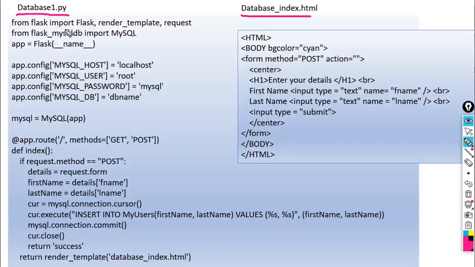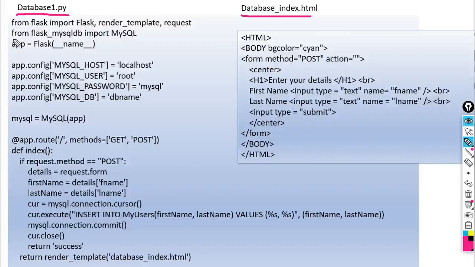From Flask, import Flask and render template, because we are going to render a template. And one more statement is required here when we are importing MySQL.